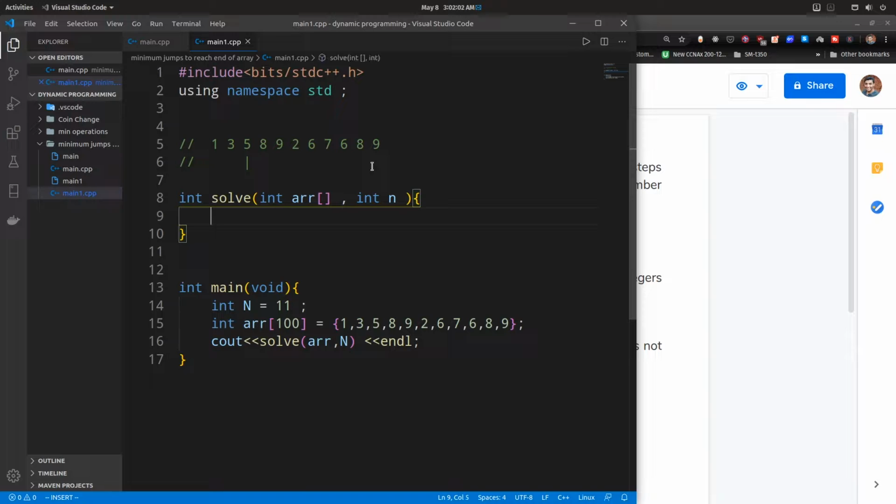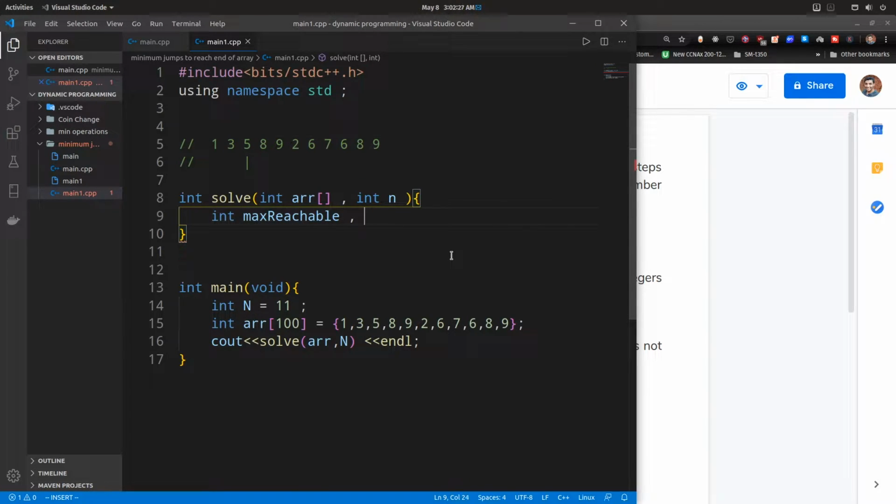In this algorithm, we shall be keeping track of a few things. One thing is we keep the maximum reachable index at any point. We'll be looking at all the elements in the array, traversing starting from the first element, and at every point we keep track of certain things.